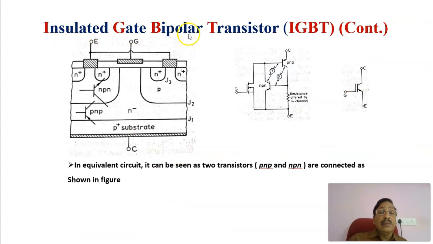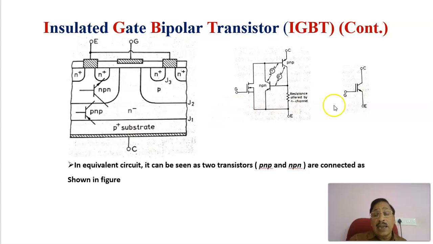Continuing with the insulated gate bipolar transistor, IGBT, as we have already seen, this is the structure of the IGBT, in which the substrate is the N minus material, and here N plus and P. On this side you can consider this P-type as well as N minus and N plus, that is P plus, N minus and P, which will be constituting a PNP transistor. Another one, N plus, P and N minus, will be constituting an NPN transistor internally,